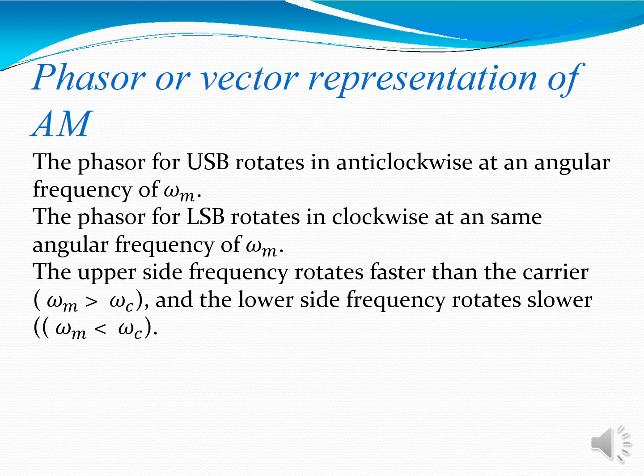So the upper sideband rotates faster than the carrier, that is omega m will be greater than omega c. Then the lower sideband rotates slower than the carrier, that is omega m less than omega c,